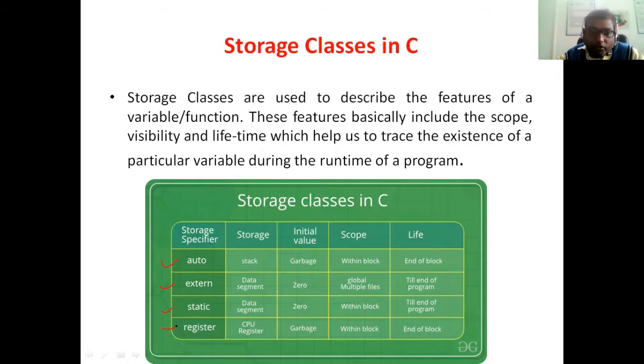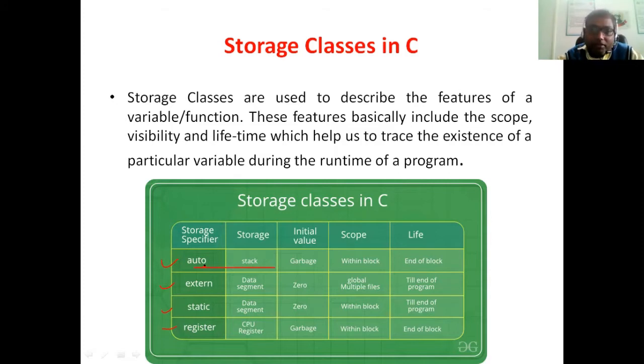If we are talking about the very first storage class, that is the automatic storage class. The storage specifier or the keyword we use for automatic is auto, A-U-T-O. Auto is the keyword or the storage specifier. Every variable is an auto variable, or every variable comes under auto, if you are not specifying any storage specifier in front of the data type.